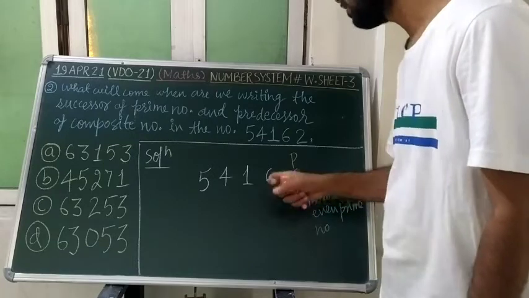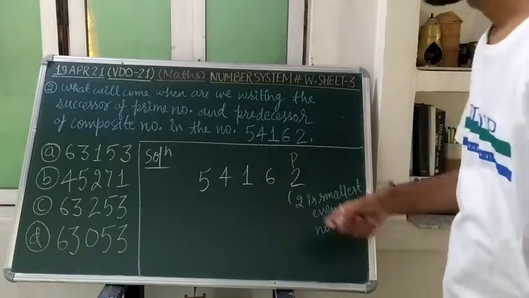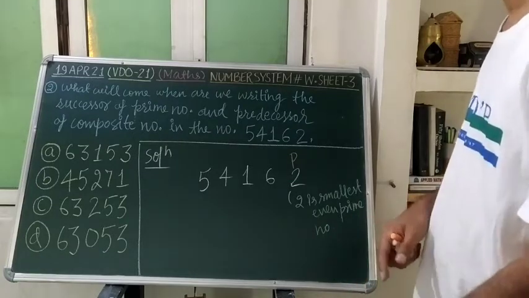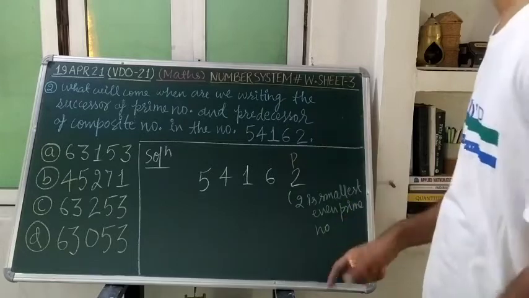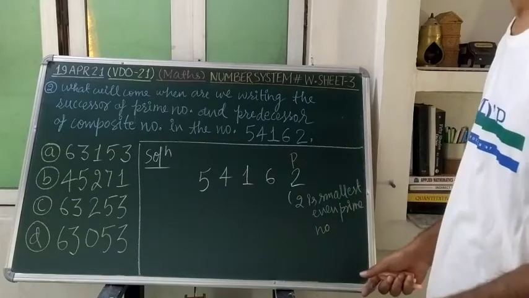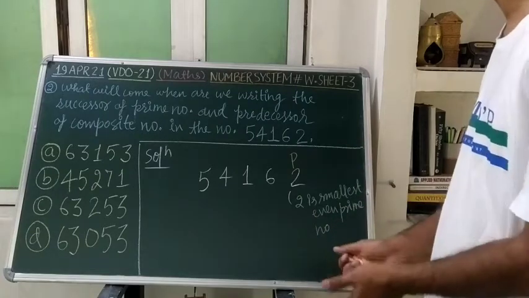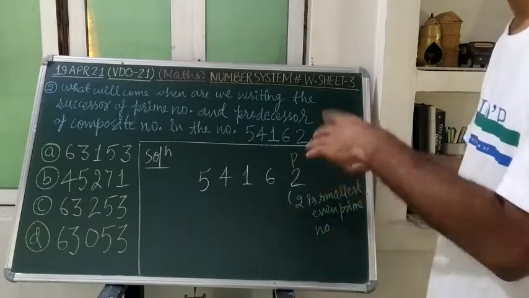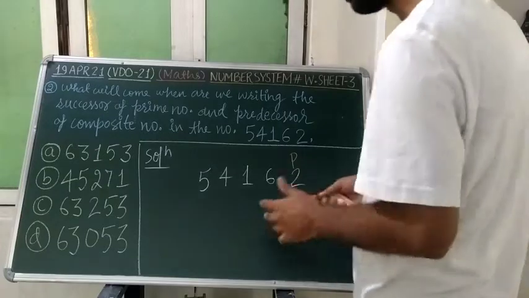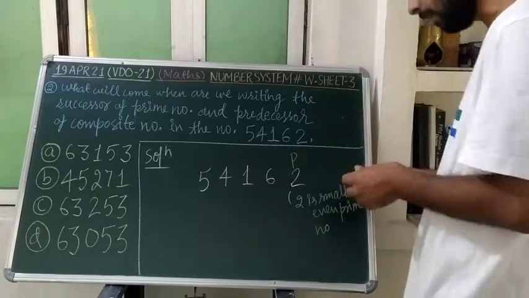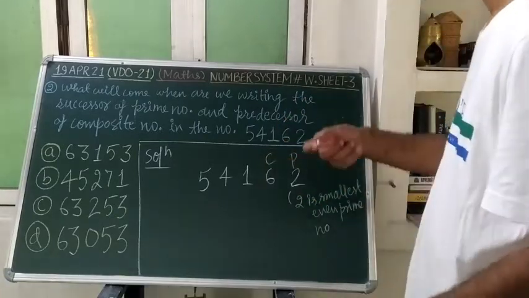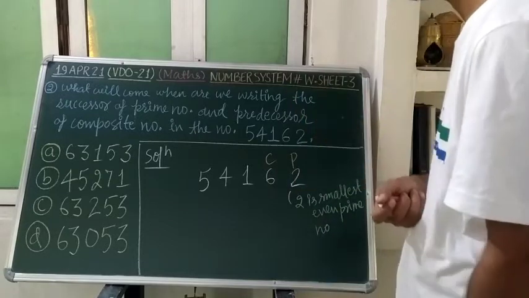6. What will be the 6? 6 will be a composite number, since along with 1 and 6, 2 can also divide this 6. Prime numbers are those numbers which are only divisible by 1 and itself, whereas a composite number is one which is also divisible by other numbers along with 1 and itself. I have told you these things repeatedly, and once again I have recapitulated. So 6 will be our composite number, since along with 1 and 6 it is divisible by 2 as well.